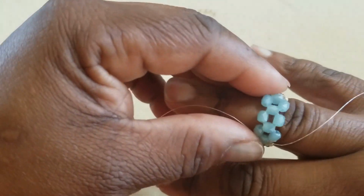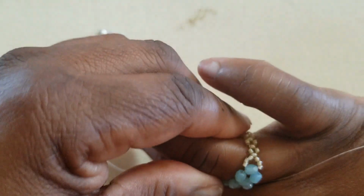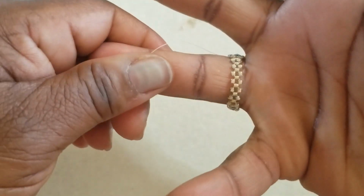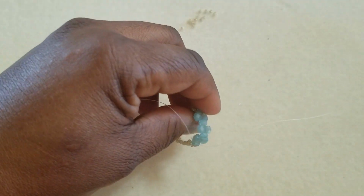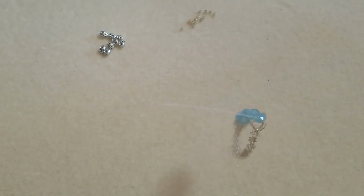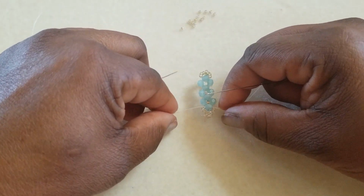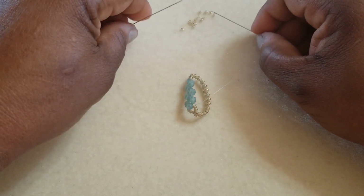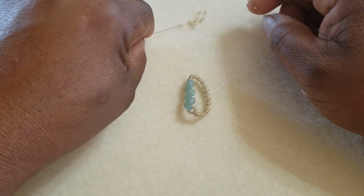Another final sizing, and we're looking good. Everything is tight, all the threads are together, everything's looking good. So now I feel comfortable to add my super tops. I'm going to do that by stringing on two size 11 seed beads on each needle,